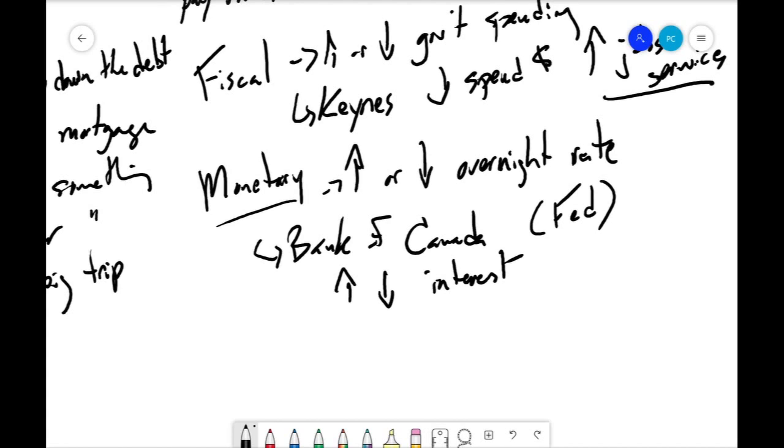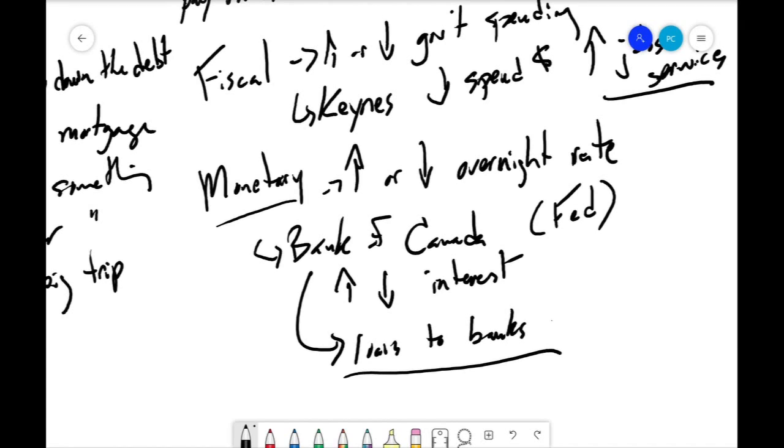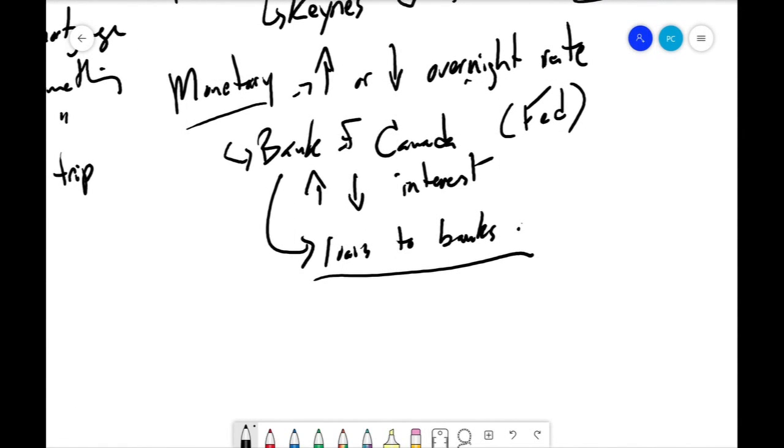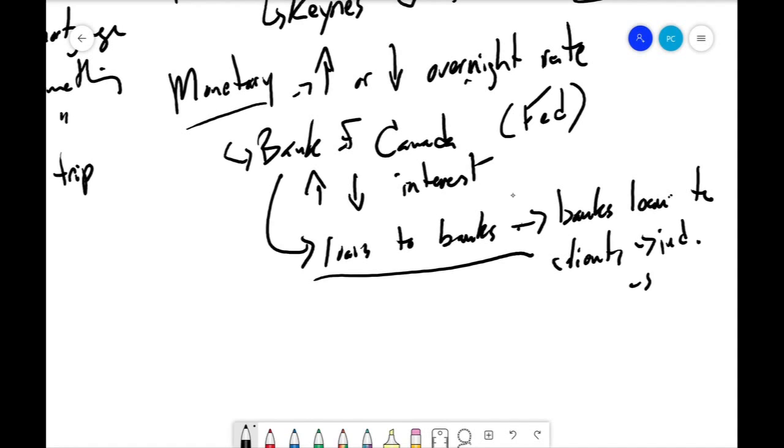And what that's actually doing, so the Bank of Canada loans to banks, right? So the Bank of Canada is setting the interest rate on these loans. So whatever the overnight rate is, right, that's the amount of money that a bank has to pay to get money from the Bank of Canada, and then they turn around and loan it. So when they get loans to the banks, then the banks loan to their clients, right? So that's both individual and that's businesses.